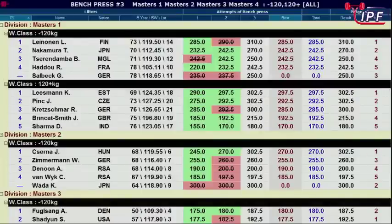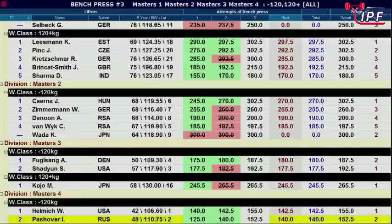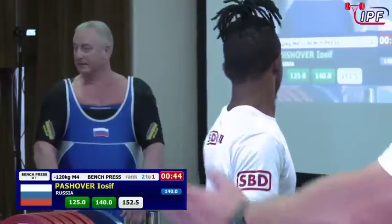Obviously, if one of them gets it, then I expect to see a change from the other. I'm not sure quite where they are on body weight. Bill is lighter. Oh, he's changed again. And Bill's gone up to 155. So this is changing the order again and again. Yeah. So this is maybe some mind games. Maybe. Yeah. So the Russian is now going out for...